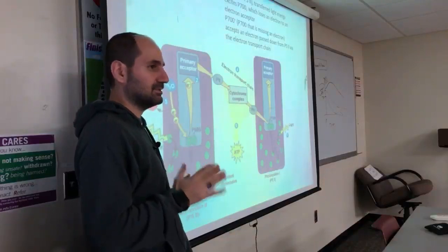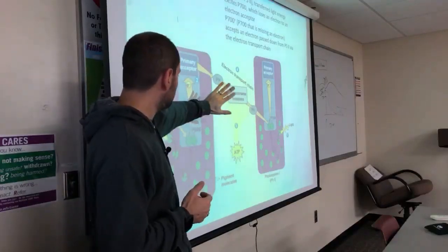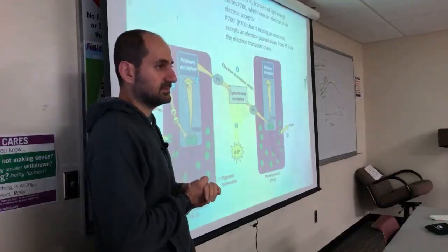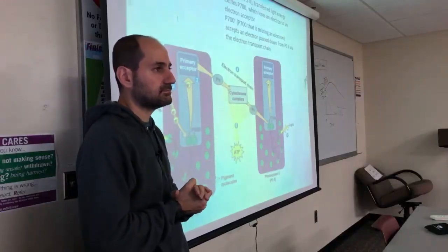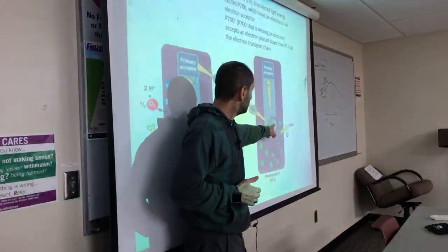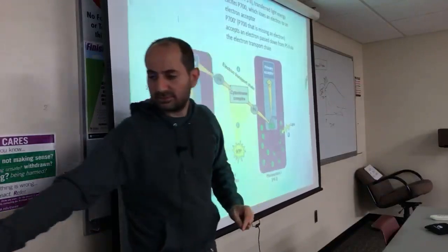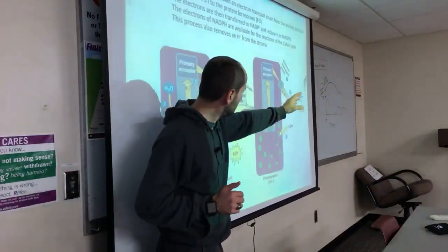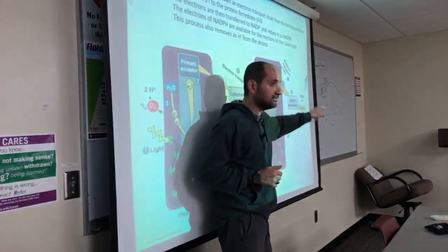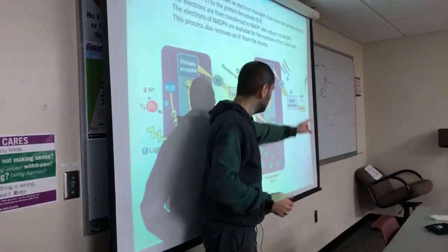P700 is not nearly greedy enough, right? So when that system shut down now. Yes, if this isn't working, that's not working. That's right. Okay. And remember, now P700 can release those electrons, and the electrons can leave. Where do they go? To that enzyme, NADP plus reductase, the enzyme which hands those electrons to NADP plus to